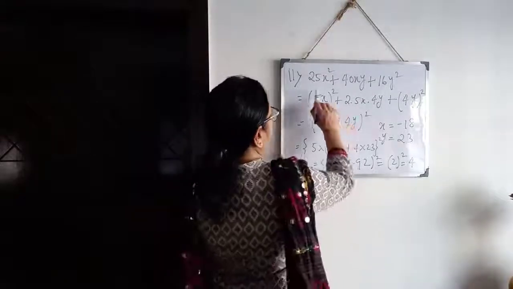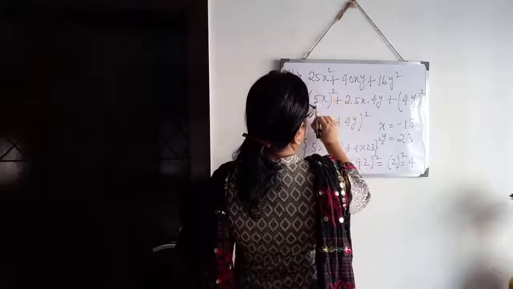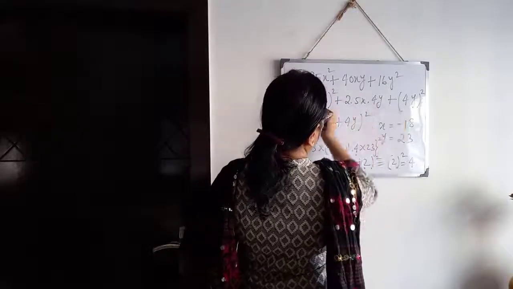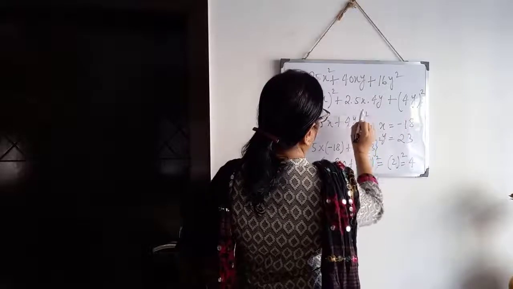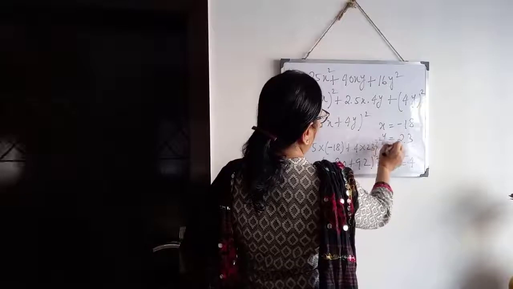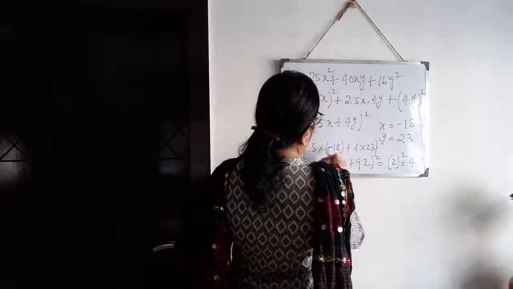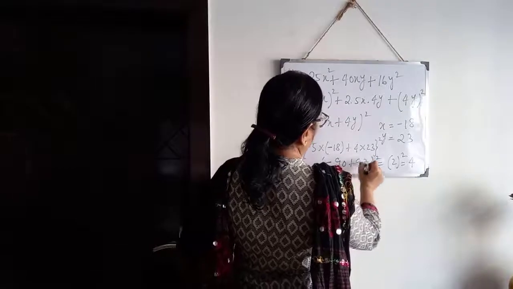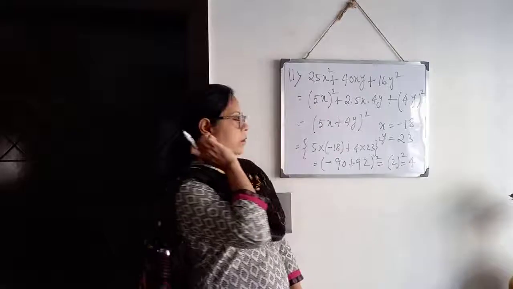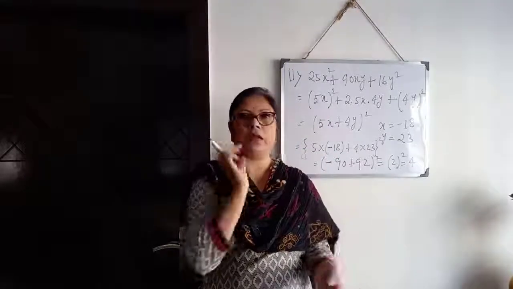So, express as a perfect square. This was given. We have written in this step in that form a square plus 2ab plus b square. This equals a plus b whole square. Now values of x and y given, we have put over here. Then minus 18 into 5, minus 90, and this is 92. 92 minus 90, whole square. Clear? In this way you have to do. Now next sum you will get in the next video.